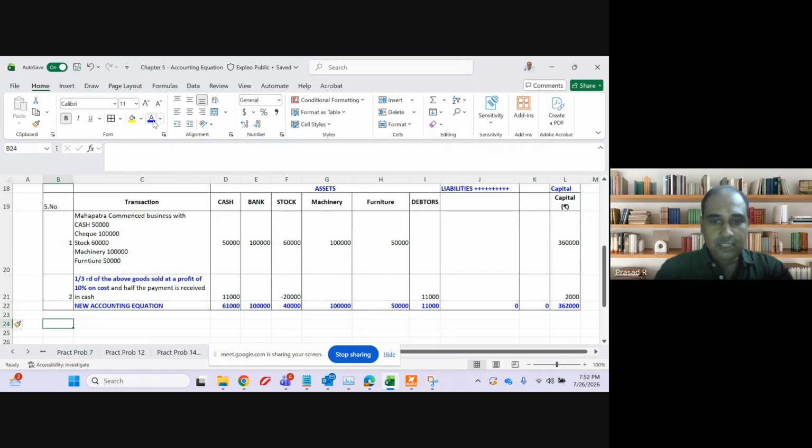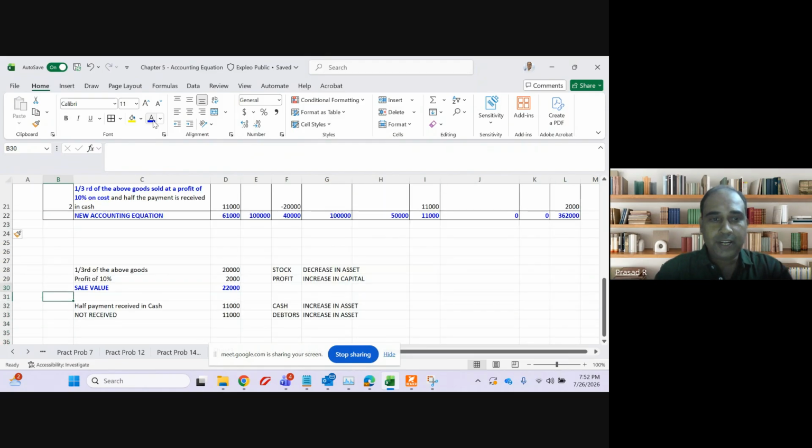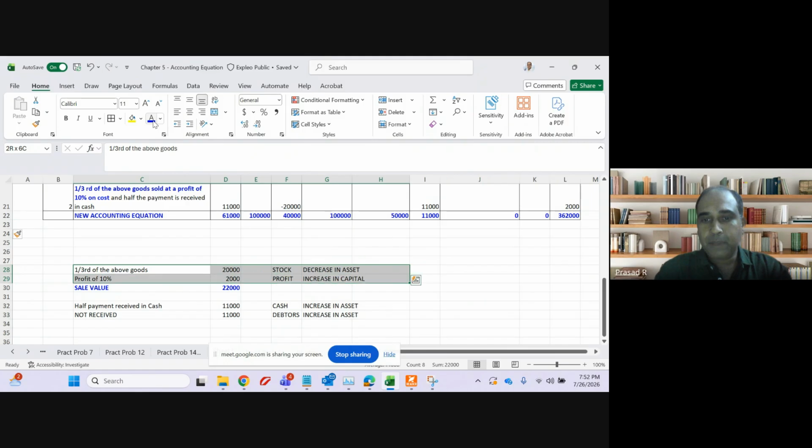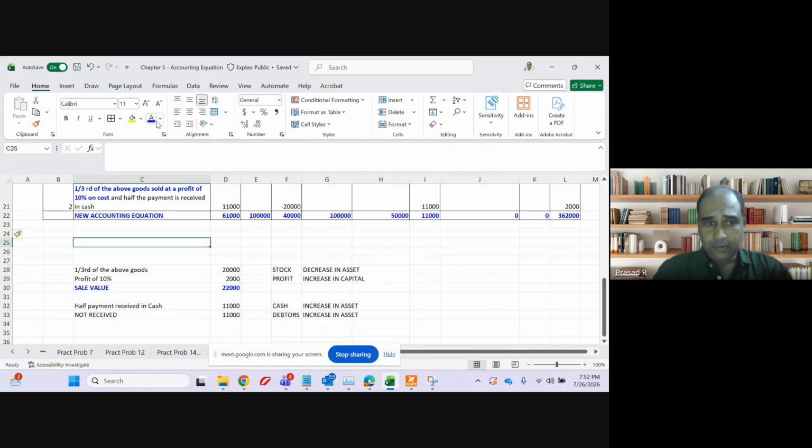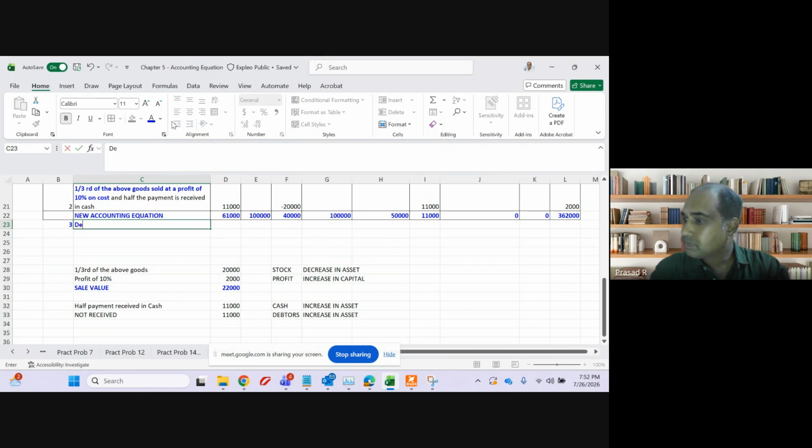Okay, this one you note it down, guys. Anyhow, I will share the working paper, this Excel also. But understood this concept? Now, next is